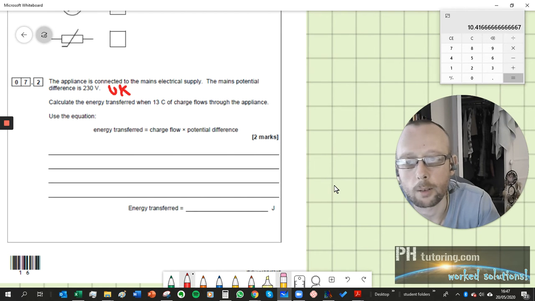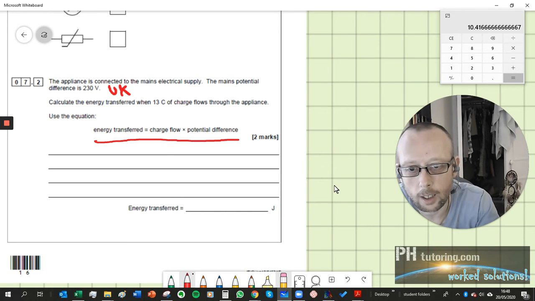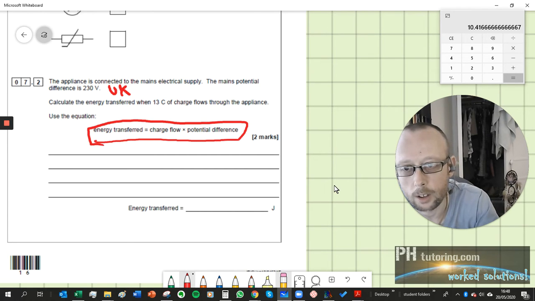Okay, well, again, I mentioned this a few times, there's quite a lot of questions where you don't need to know anything about the topic. You just need to know how to follow an equation like this. It tells you that the energy transferred is equal to the charge flow multiplied by the potential difference. It tells you what the potential difference is, tells you what the charge flow is. So it's just going to be equal to